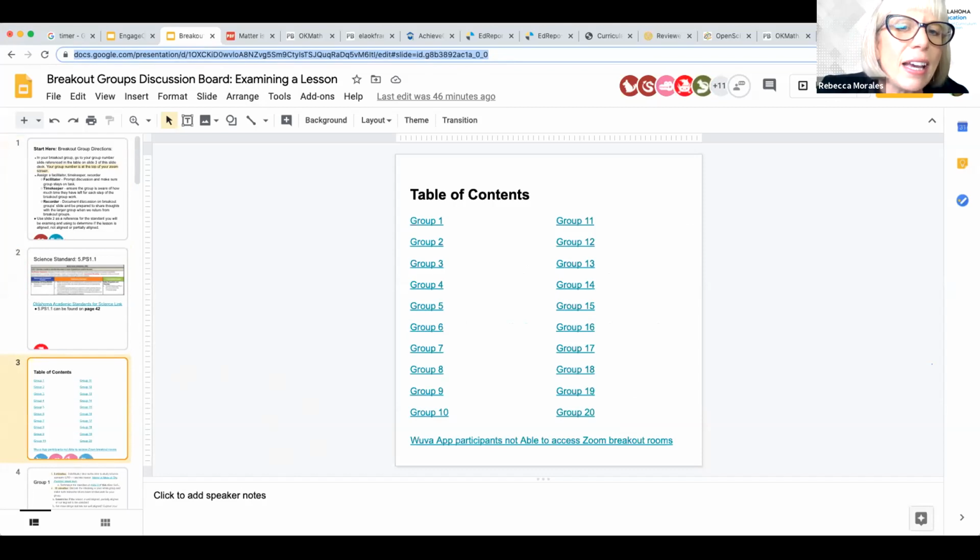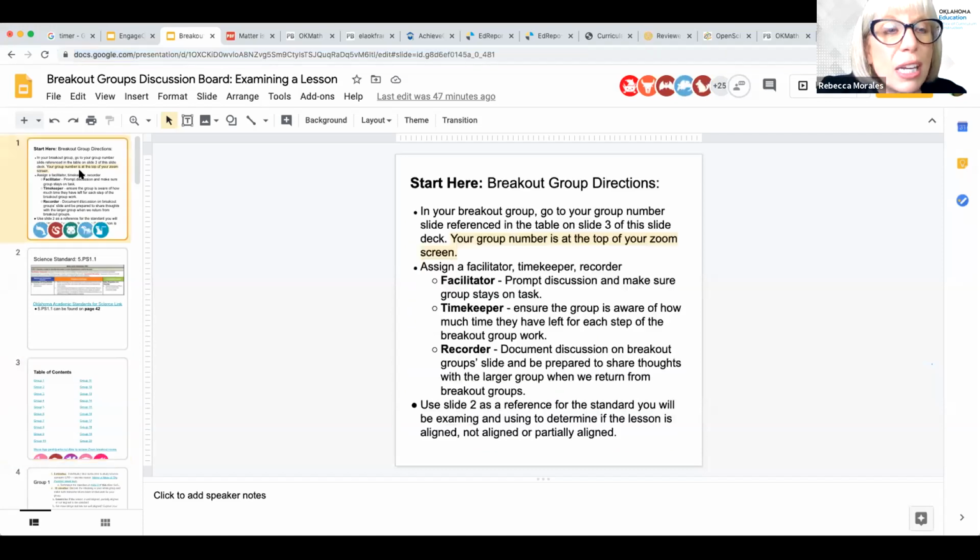Time allocated allows some time for independent review of about 5 minutes, and for the remaining 10 minutes that you are in your breakout room, please be discussing with one another and exchanging your ideas. Make sure that everybody will be able to have a role when you get there, so you can have someone who is recording and someone who is keeping track of the time. And I think that's pretty much it.